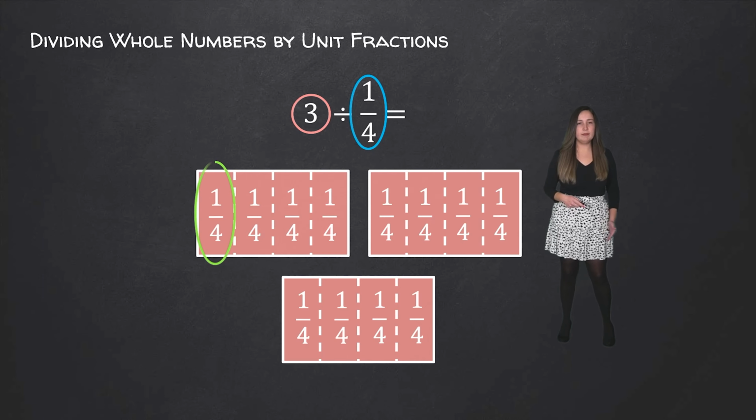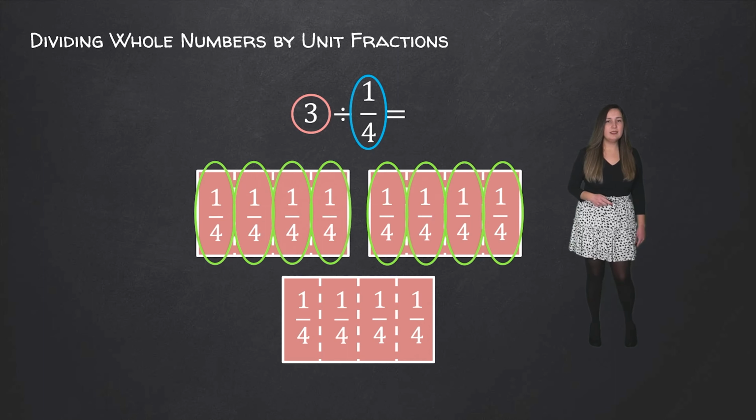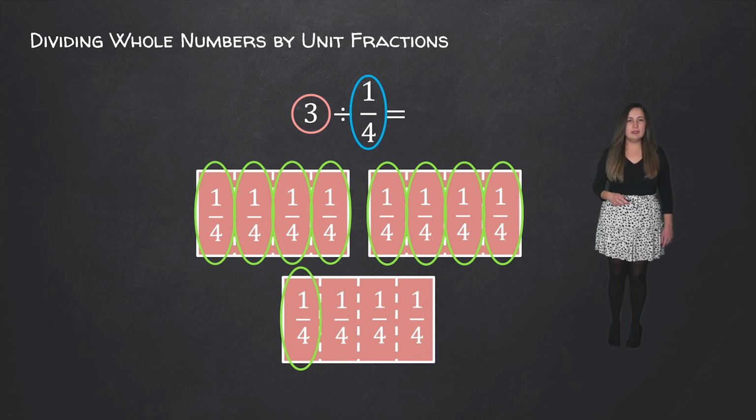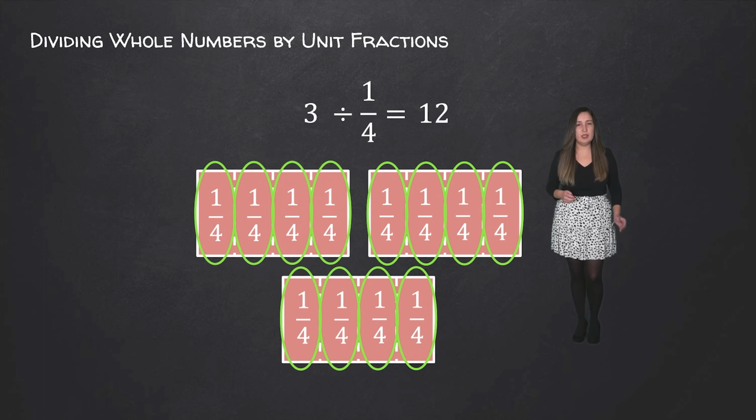So 1, 2, 3, 4, 5, 6, 7, 8, 9, 10, 11, and 12. So 3 divided by 1/4 is equal to 12 because we have 12 pieces of 1/4 that